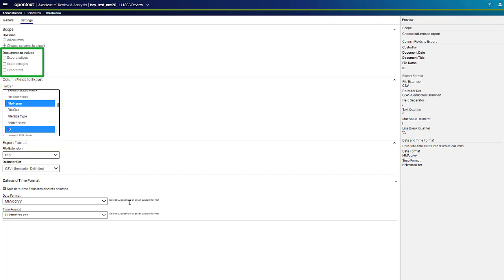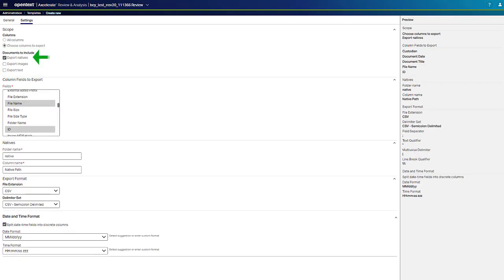Documents to include. To include native files, converted images, or text files in the export, select the checkbox for each desired item. Export natives. If you select the Export Natives checkbox, additional options appear that allow you to define the folder and column names used in the export. Folder name is the name of the folder in which the native files will be stored. Column name is the name of the field or column that will be used in the export file to reference